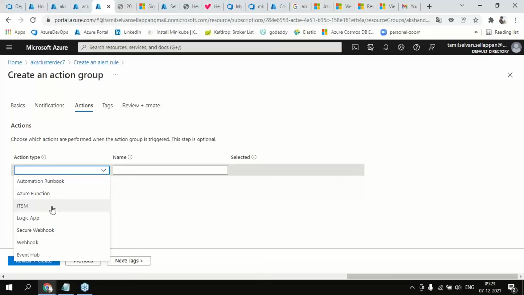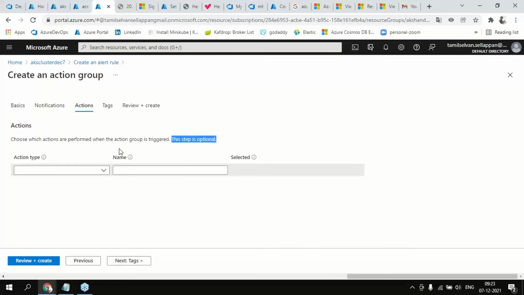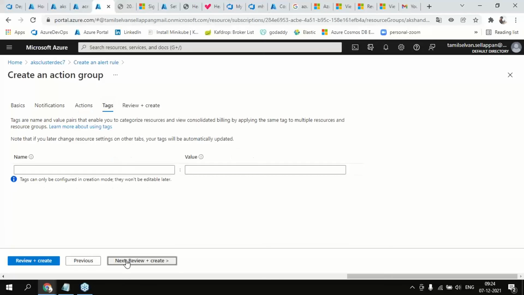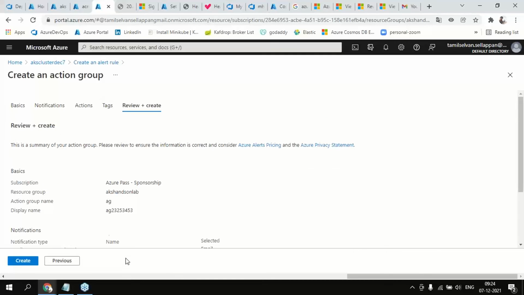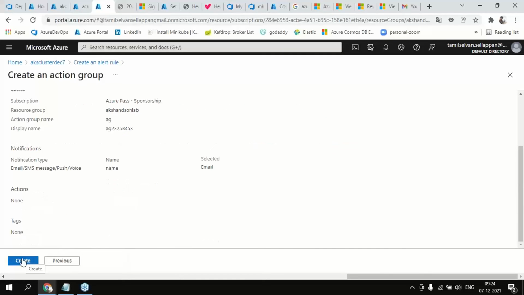ITSM is just ServiceNow, or similar, maybe we can create the ticket. Currently this is optional. Maybe if you want to do any kind of action, for example for some high priority one, you can notify it, and after that you can create the ServiceNow ticket also if you want. Okay, and then the tags and those things are all optional, and then after that you can create the action group,